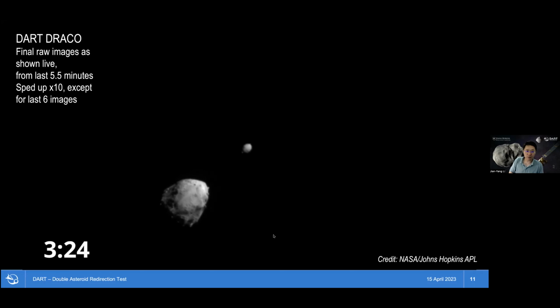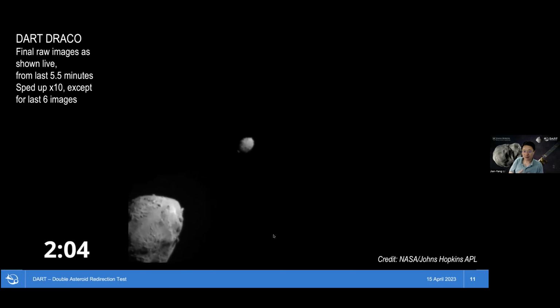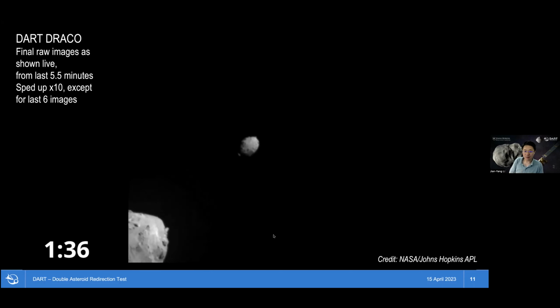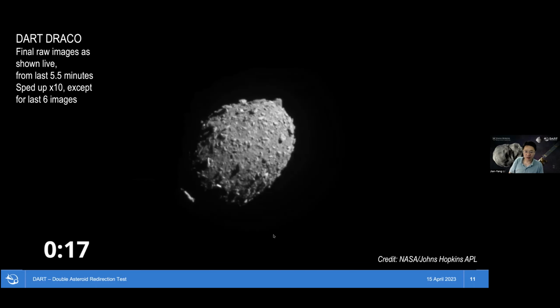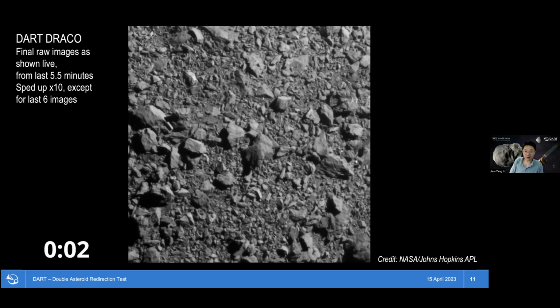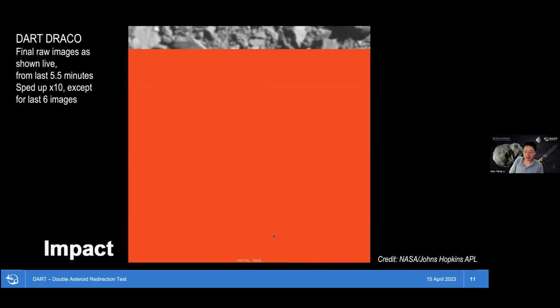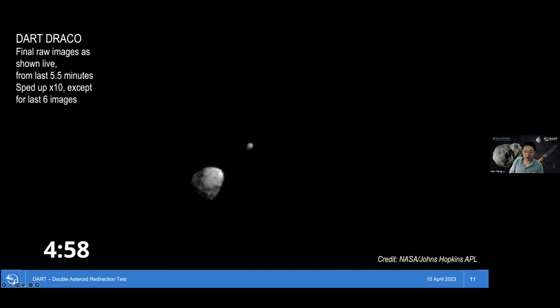The DRACO camera takes 1 image per second, and it streamed the images in real time back to Earth, and then NASA put these images online, basically streaming them in real time. For people watching NASA TV, watching this broadcast at the same time, it was very exciting. You can imagine it's like you're riding a spacecraft, approaching the target and hitting it at very high speed.